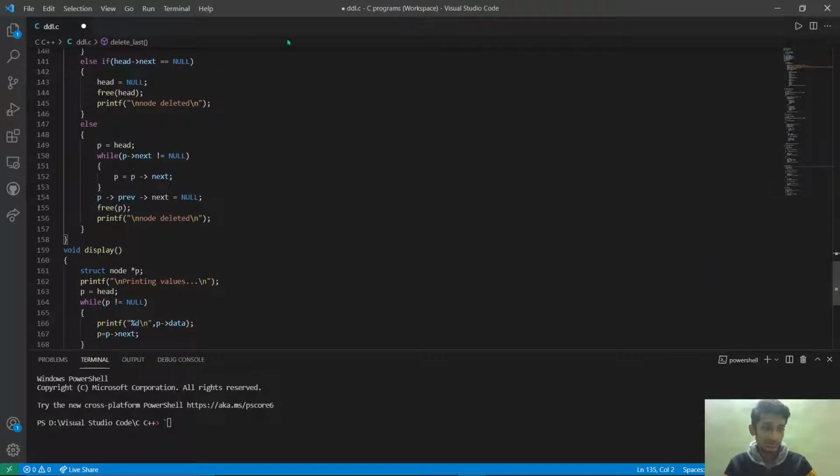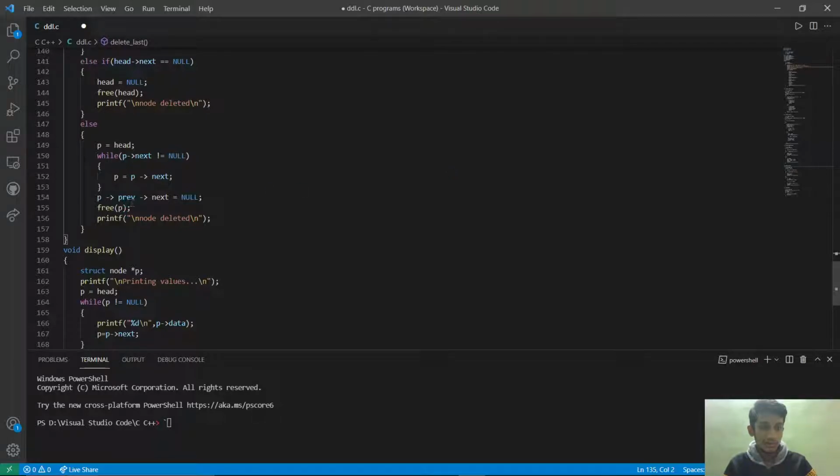If there are many nodes, then it will check p next not equal to null. We are taking the head pointer as p, and from p next we are checking if it is not equal to null, it has to go on. Like if we have 4 nodes, the last node's p next will be null, so we are making that pointer come to the last node and then checking for its next value to be null. The last node will have next as null, right? There will be no node after that, so it will be pointing at nothing.